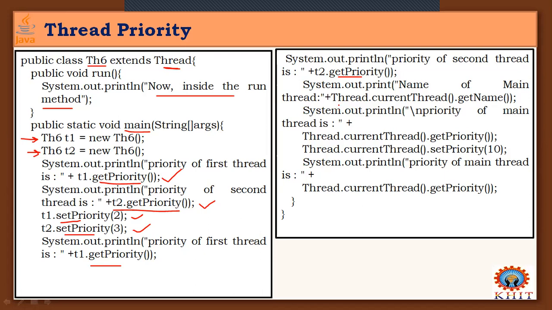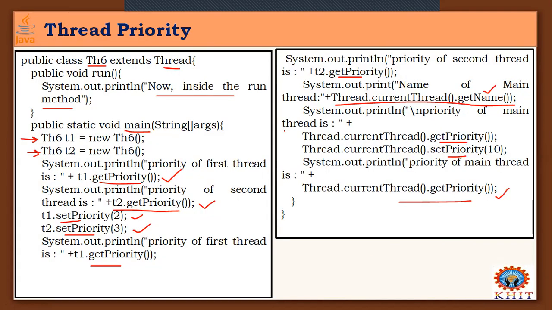Also, I'm trying to get the main thread, that it is the main thread for my program. You know that the currentThread method is the method we can use to get the current thread, the main thread that is created for our program. We can get the name of that main thread, and we can also get the priority and set the priority of that main thread. So this indicates that we can use these methods for our user-created child threads and also the parent thread, right? And we can also get the priority of the parent thread.